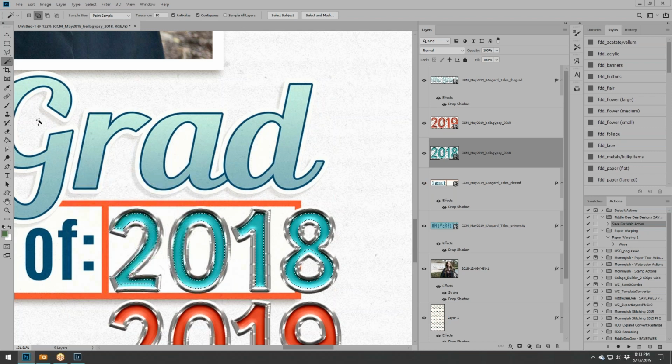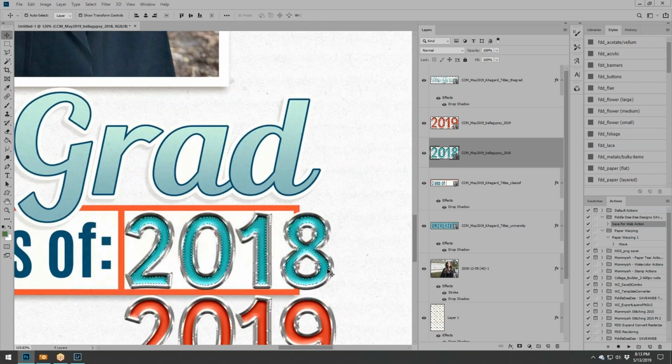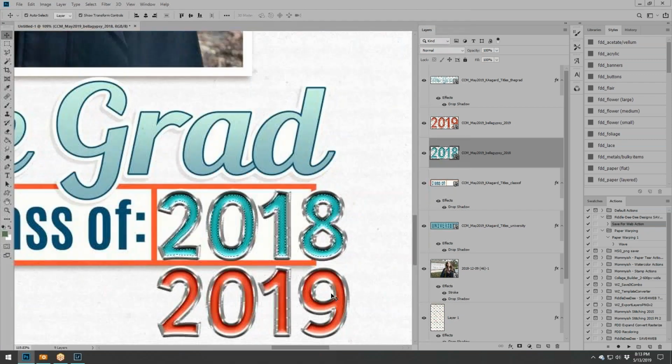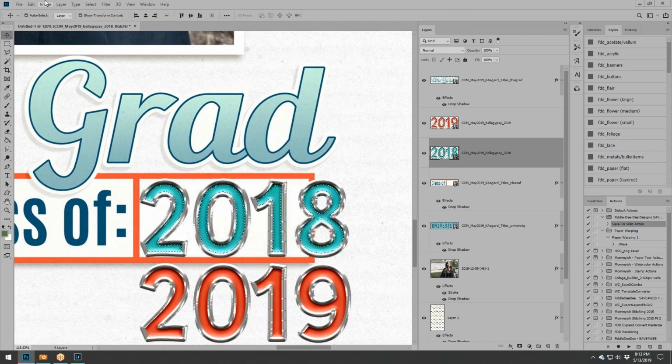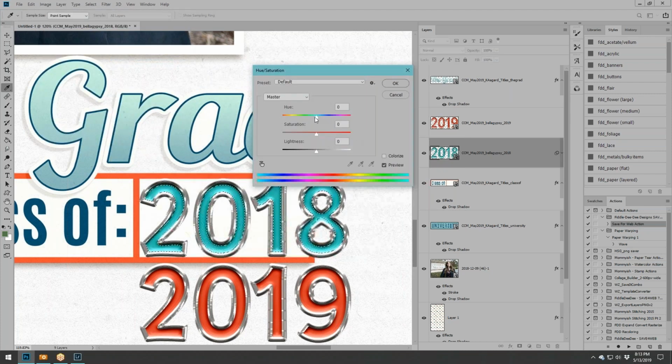Okay, so what I'm doing is using my little selection magic wand tool to just select the inside of this, because I want it to be red. I want to do some adjustments to the brightness of it, but I don't want it to affect the silver outline. So that's why I selected it. And then I'm just going to go to image, adjustments, hue, saturation,